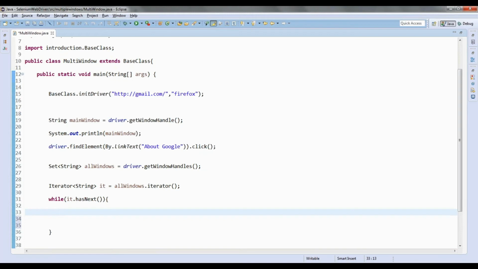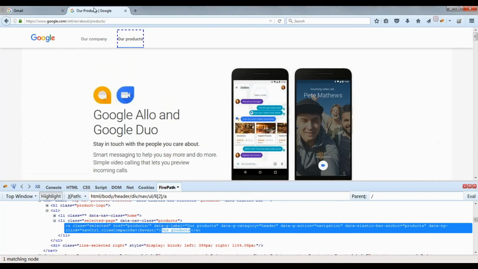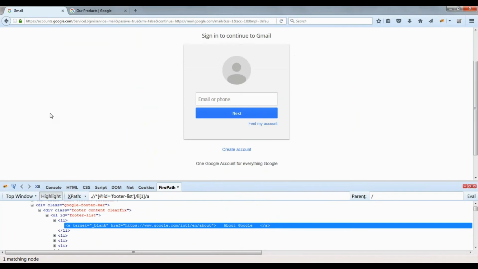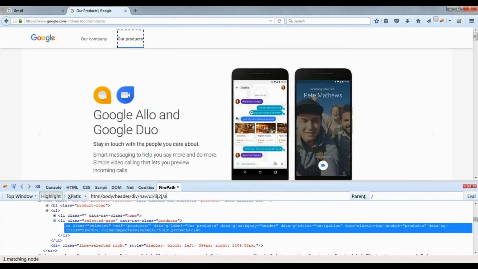What I am trying to do here is switch to the second window, the About Google window, and then I should click on this, right?